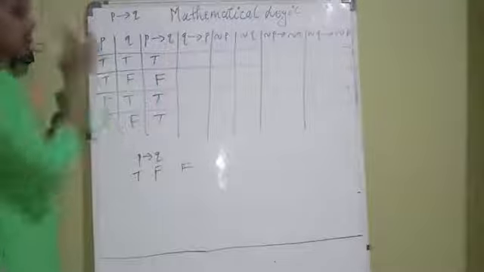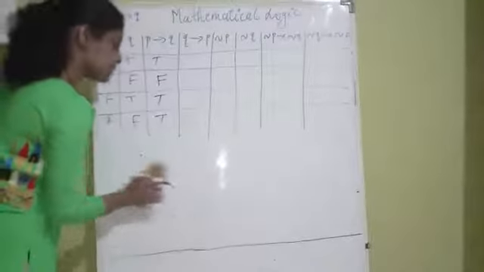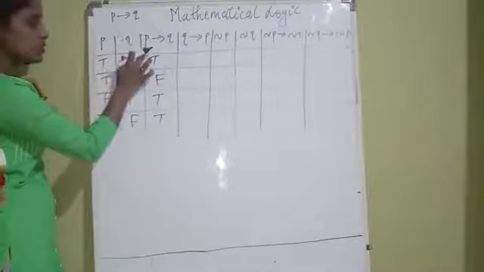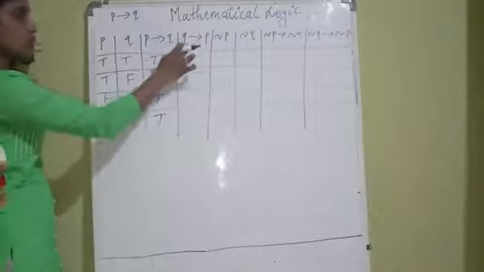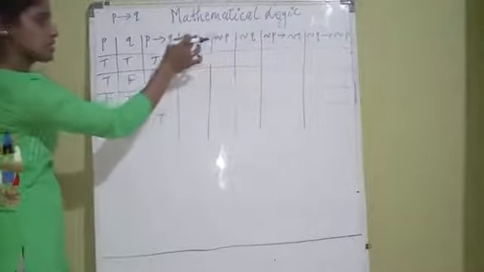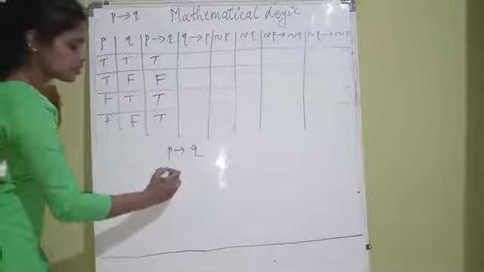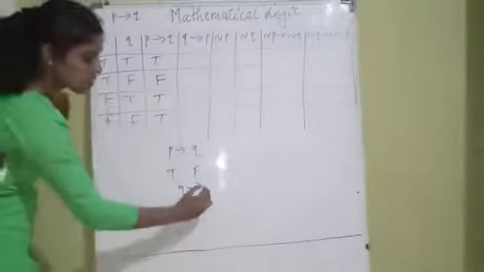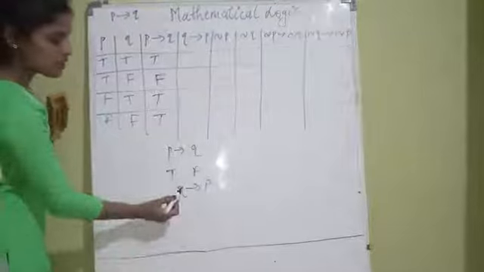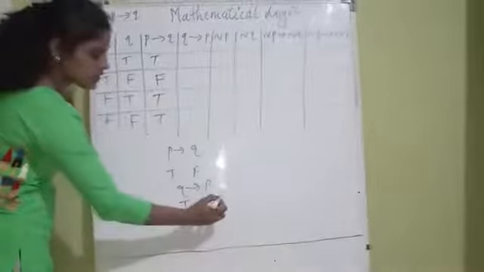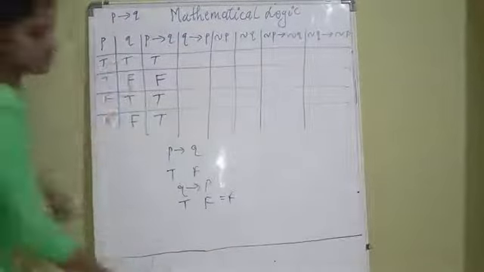Okay. Now see the Q implies P. Q implies P means again the implication is there. Here see the direction. P implies Q means first we have to see the P, then we have to see the Q. Now Q implies P means first we have to check the Q, then we have to check the P, and then only we can write Q implies P. So P implies Q is false when P is true, Q is false. Now Q implies P: Q should be true, P should be false, then only we can write this as false.